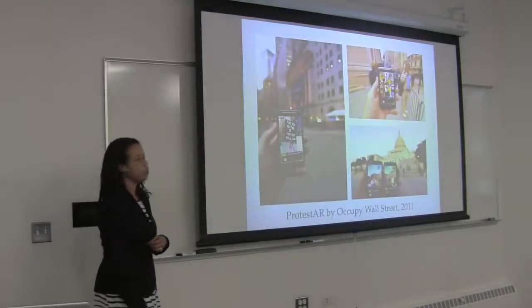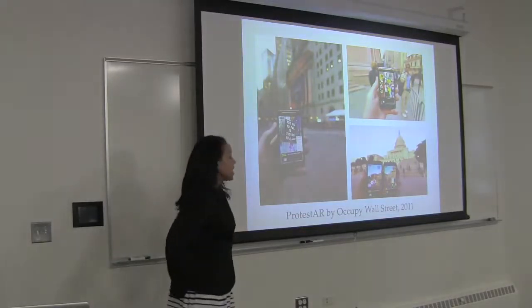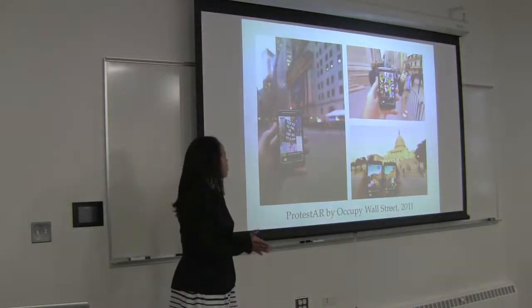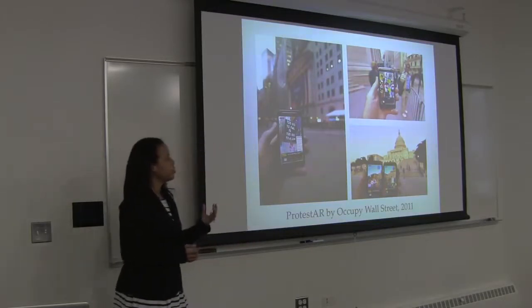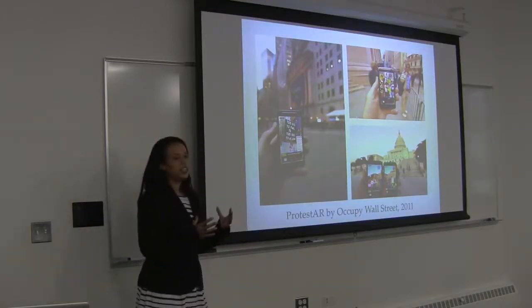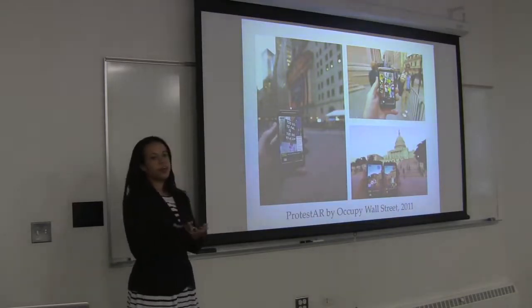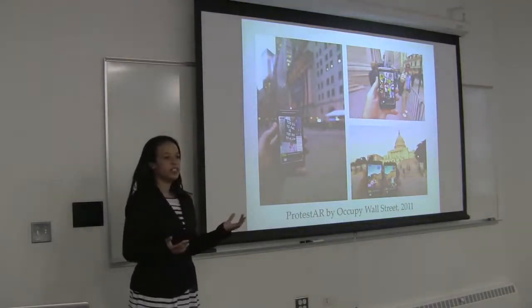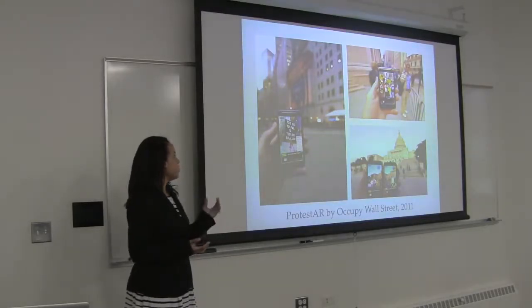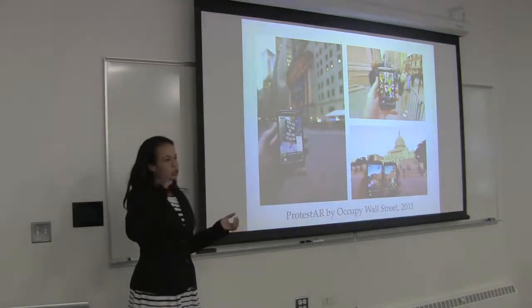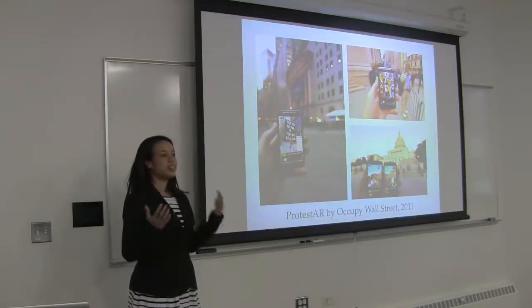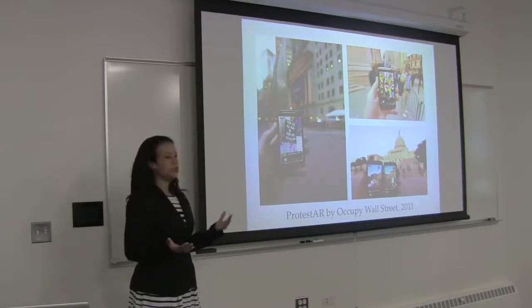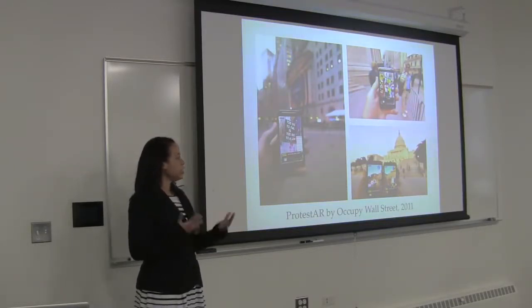Layer was also used by the Occupy Wall Street movement in New York and Washington, D.C. And the way that they used it was to virtually put protesters in places that they had been physically prevented from occupying. The inspiration I got from this project was that augmented reality can really permeate any space. It allows you to go anywhere, whether you have permission or not. In that way, I feel like my layer creates a new map of DU that you might not experience if you took a tour of the campus, but it's available for everyone on this platform to view and experience and hopefully learn something from.